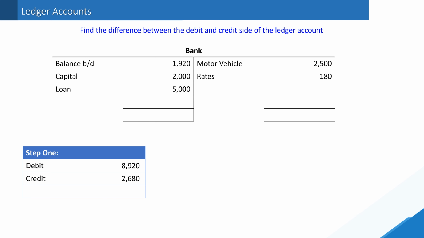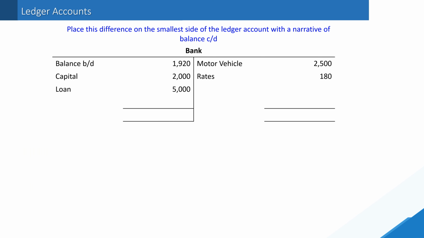That difference between £8,920 and £2,680 is £6,240. As part of step 3, I will place this difference on the smallest side of my account, and I can see from my workings that will be the credit side of the account. Balance carried down,